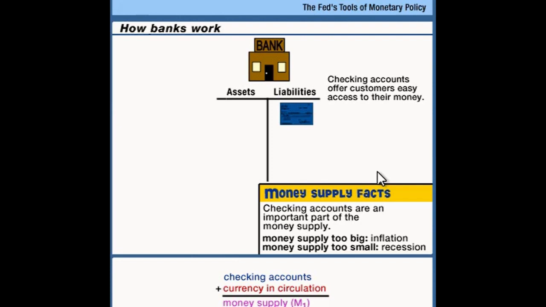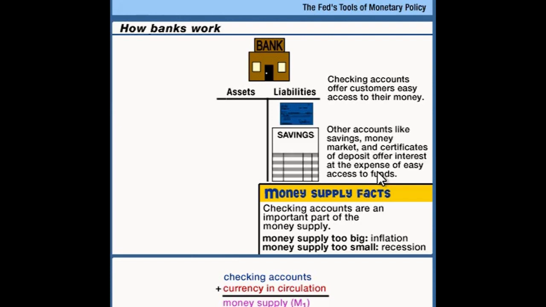Now, think about the way a bank makes a loan. When the bank makes a loan, which becomes an asset of the bank, it lends you money by giving you a checking account. You walk in, you say, I want to borrow money to build a house, and the bank doesn't just hand you a sack full of cash. They give you a checking account, and you can write checks out of that account. So when the bank makes a loan, they are creating checking accounts out of thin air. And banks might be tempted to create a whole lot of checking accounts because that's profitable. When you create one, you also get a loan, and that loan earns the bank interest.